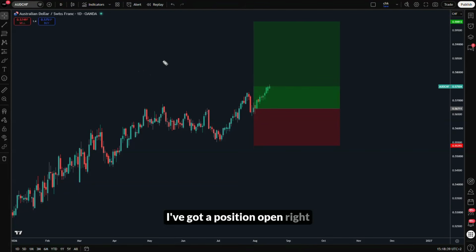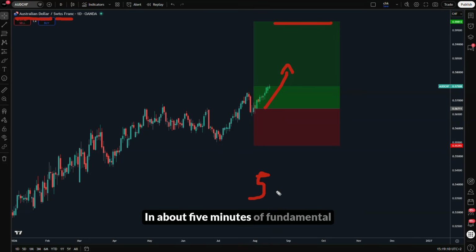I've got a position open right now and it's long the Australian dollar against the Swiss franc. And the reason why this trade is running, and the reason why I expect more upside, has nothing to do with the chart except the final bit, which you'll see at the end of the video. But the core idea behind the direction comes from two economic numbers and about 5 minutes of fundamental analysis organized